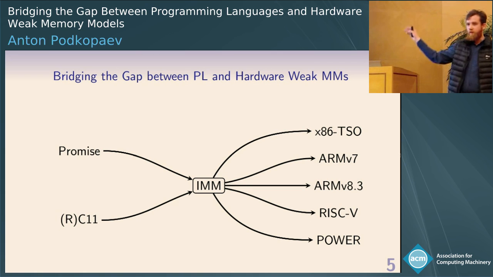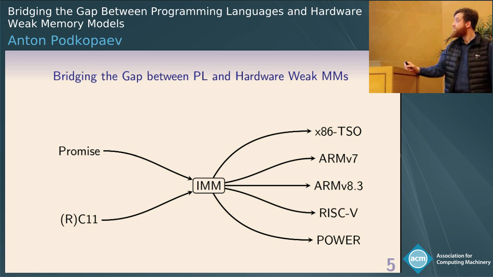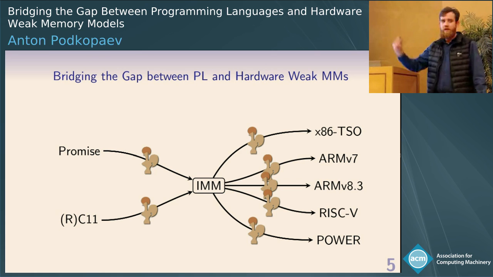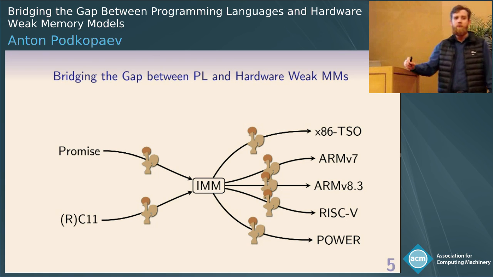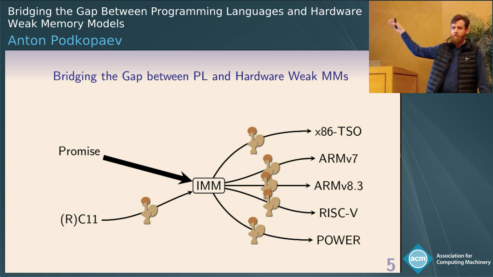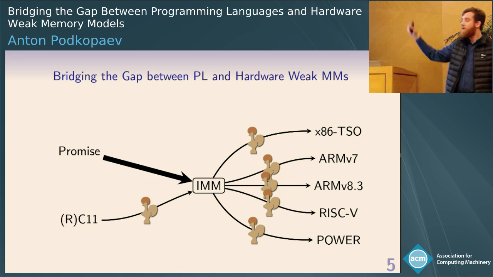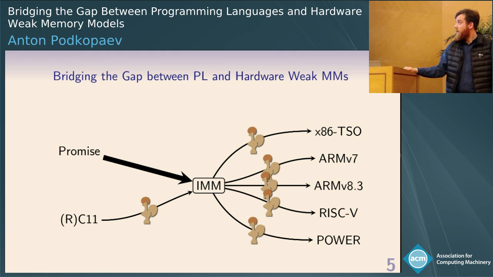Okay, as I said, we use IMM as a central piece of our correctness of compilation results. All of these results are proved in Coq. The whole development is around 30,000 lines of code. Actually, the most complicated part here was the correctness of compilation from promising semantics to IMM due to different representation style of these models. So let me explain a bit